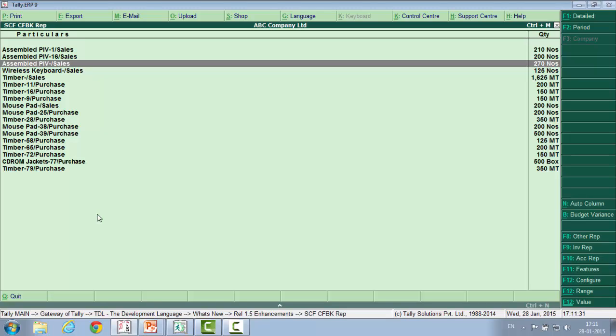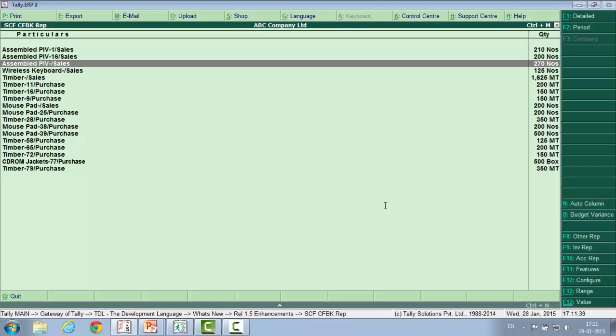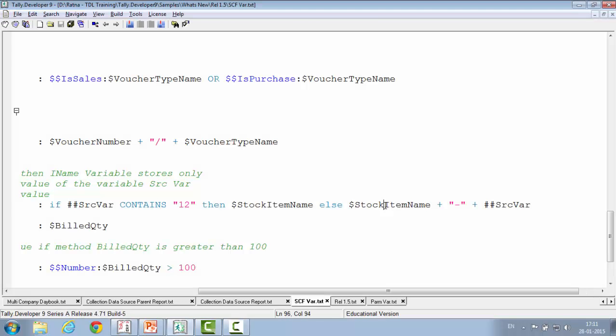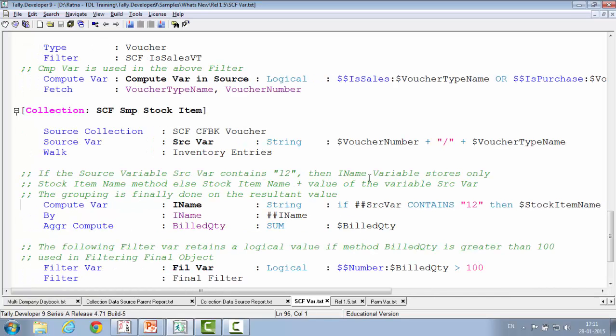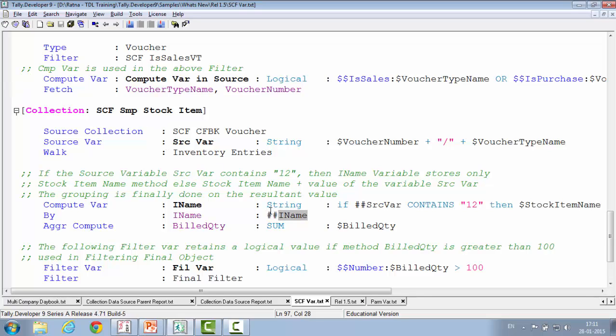This does not contain 12, right? So hence it is separated separately. Then what we have done is, the grouping is done on this resultant value. If we had given $stock item name, it would have directly grouped on my stock item name. So what we have done is we have grouped on my item name, this computed value based on which build quantity